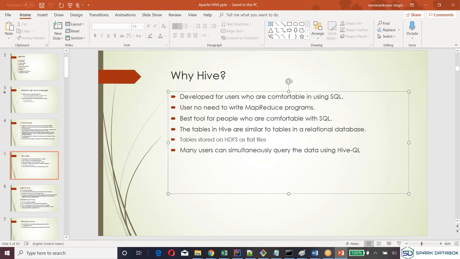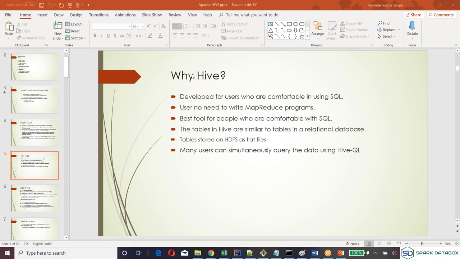Suppose you have Oracle or MySQL, where your data looks like a table. On the hard disk, is it stored as a table or as flat files? In the table spaces, it is loaded as files only, right? That's what I'm trying to say here.